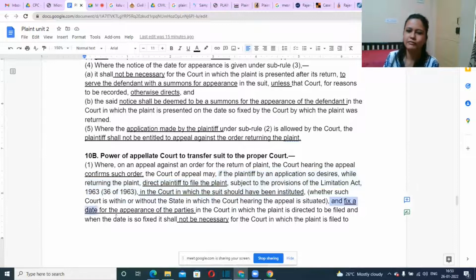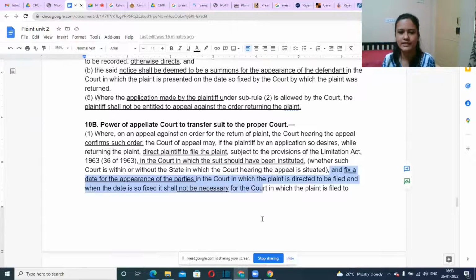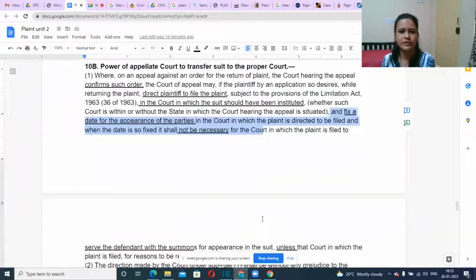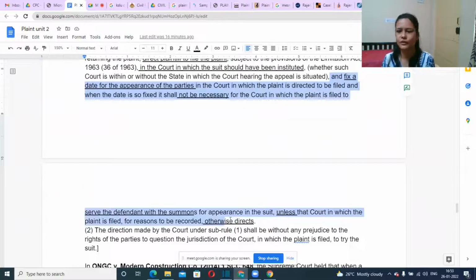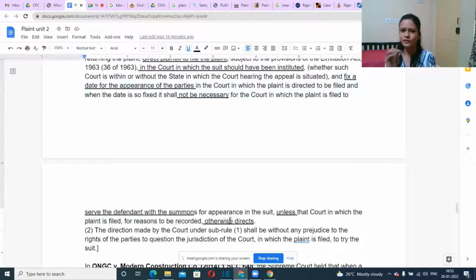And fix a date for appearance of the parties in the court in which the plaint is directed to be filed. And when the date is so fixed, it is not necessary for the court in which the plaint is filed to serve a notice. If the appellate court has already fixed a date for appearance of parties, that itself would act like the summons. Summons need not be issued by the new court because notice was already served to the persons. So serving the defendant with summons for appearance to the suit is not necessary,